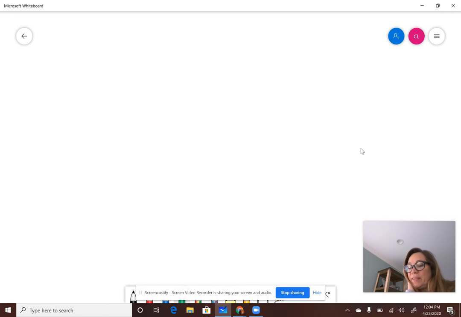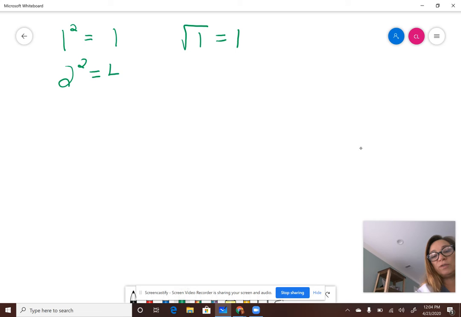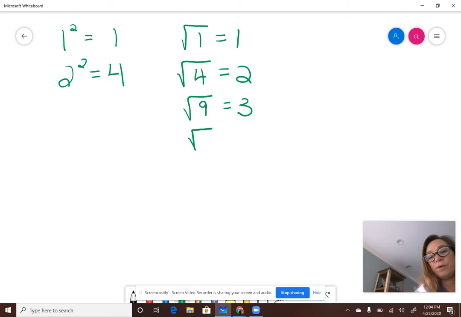So basically, what this quiz was asking about was perfect squares. One thing that you can do is make a list of your perfect squares. For example, if you start with 1 squared is equal to 1, we would say that the square root of 1 is 1. 2 squared is equal to 4, so the square root of 4 is equal to 2. If you make a list, this will help you, because knowing your perfect squares will definitely help you also